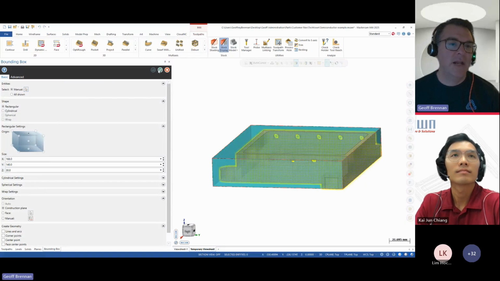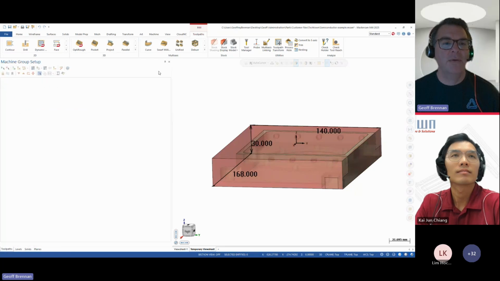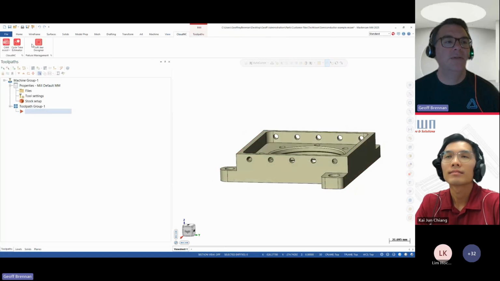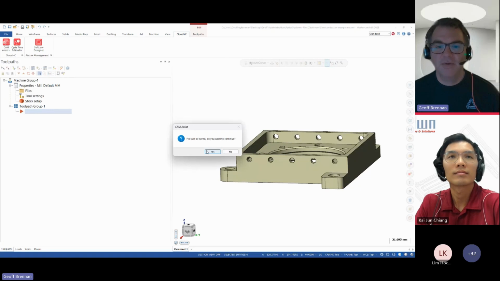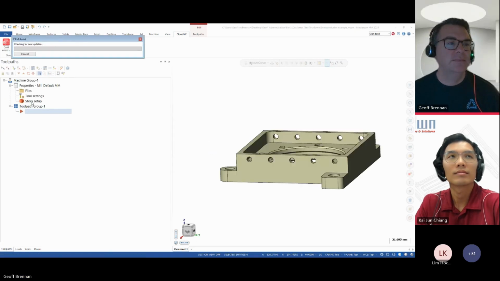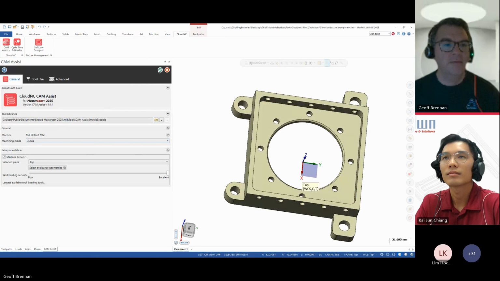I've got that defined, and I'm going to skip the work holding on this one. Then in Cam Assist, we'll say that it's a 3-axis machine. I'm not going to do those side holes in this operation. Three-axis from the top, just hit run.